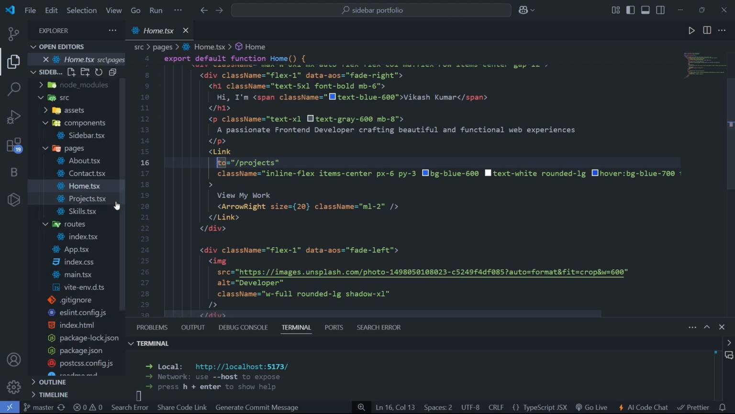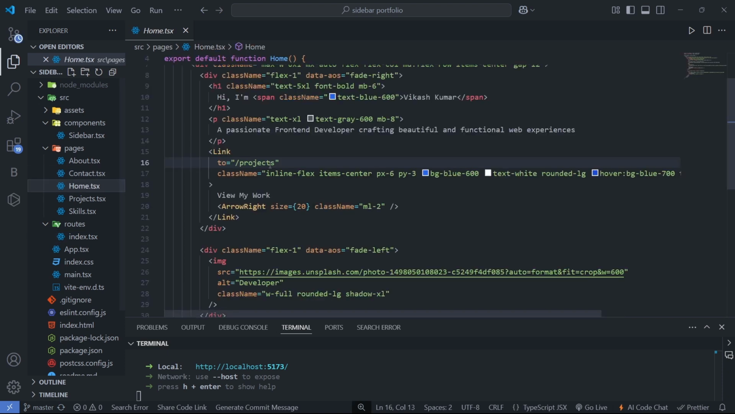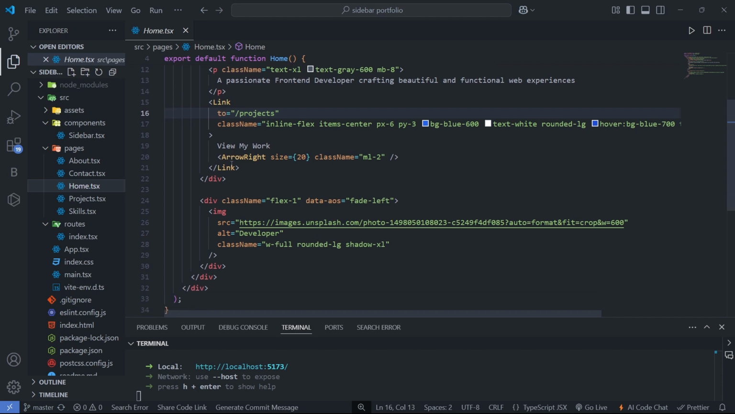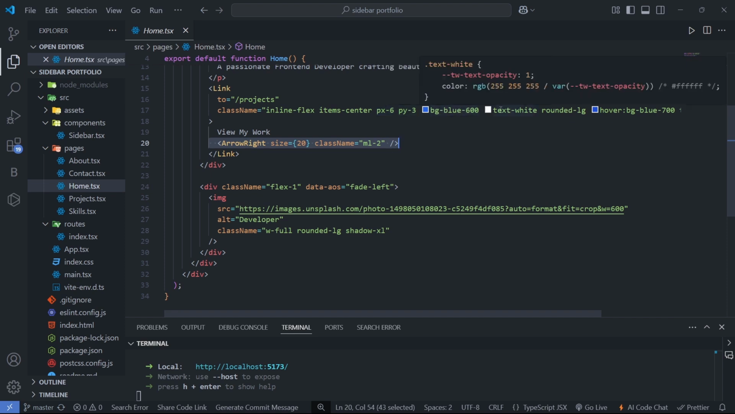Select projects path, and this project path we have defined in our index.tsx. Here, in the projects path, we want to show the projects component, right? So this I have also explained in the last video, how to define all these paths using React Router DOM. And here we have a view my work button, and here we have an arrow icon, right? And we have a style, how to style your button: inline flex, items center, padding, how much from the x and y axis, what the background color will be, and the text color, rounded,